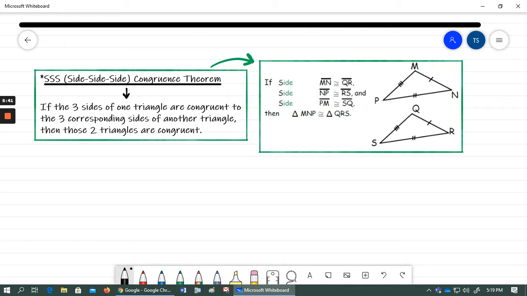Okay, so again, folks, SSS is just short for side, side, side. This congruence theorem states that if 3 sides of one triangle are congruent to the 3 corresponding sides of another triangle, then those 2 triangles must be congruent. So again, if you've got